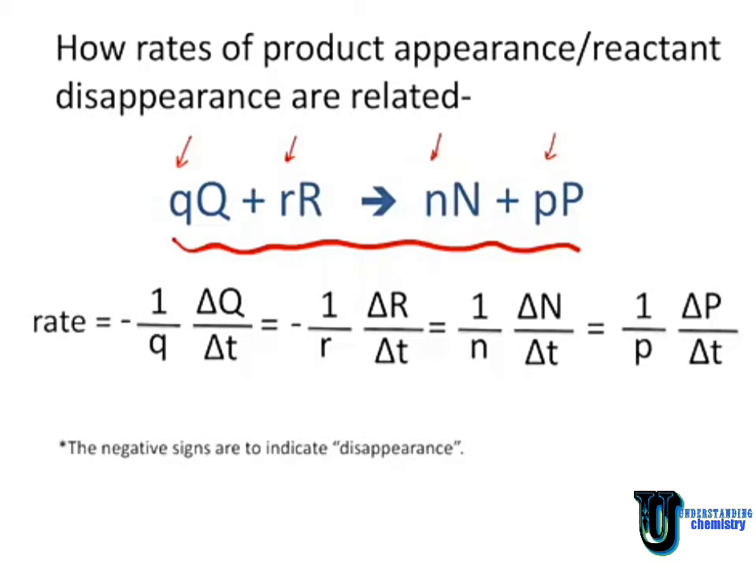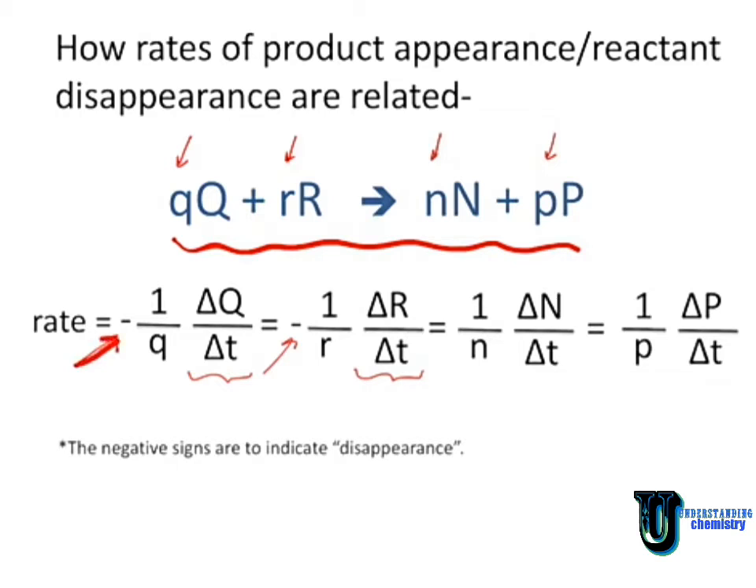The other thing that I want to point out here is that when we look at the rates, notice I put a negative sign here and a negative sign here for reactant Q and reactant R. That's because we're looking at the disappearance of these reactants, but our rates are always going to be positive numbers. We're always looking at the change in. So this is just kind of convention here to put this negative sign here just to give us a positive